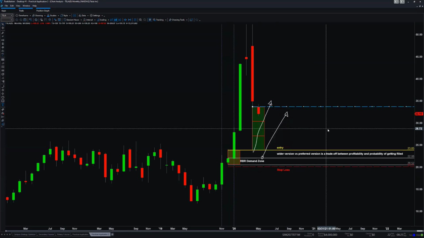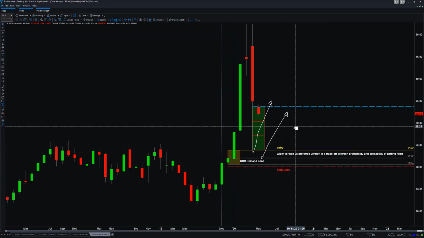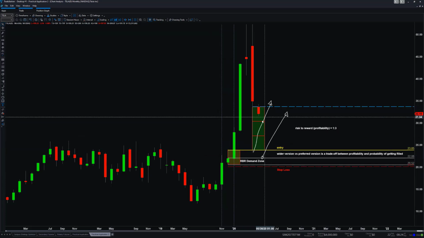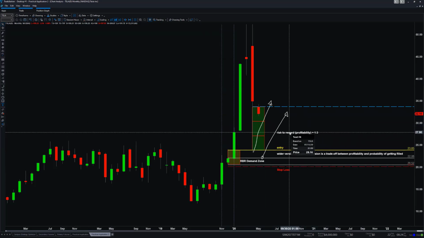So what we have in terms of risk to reward, in terms of profitability, is a 1, 2, 3. We have one box as a risk, and we collect three boxes of the same size of reward. So in this case, with the wider version,